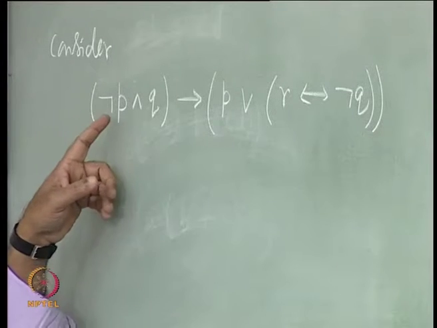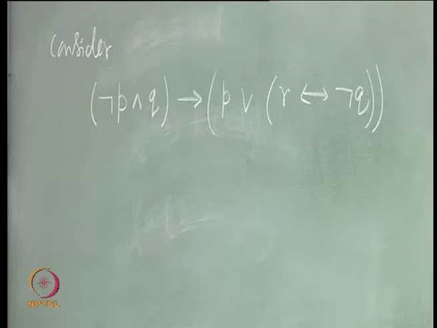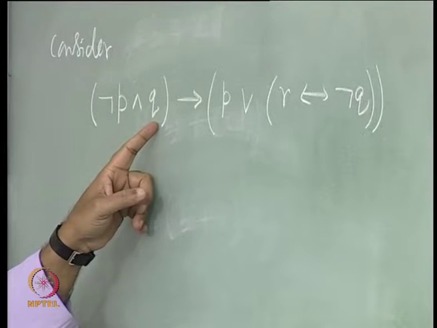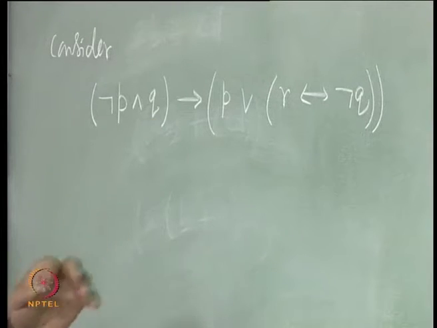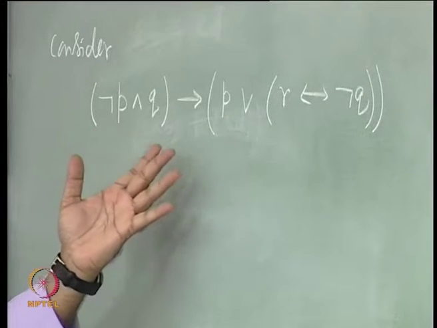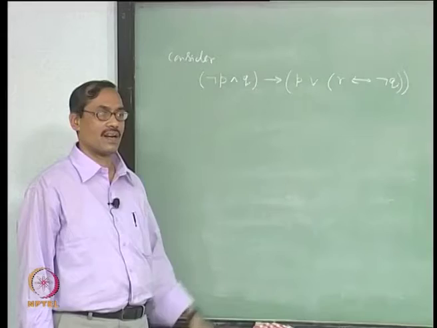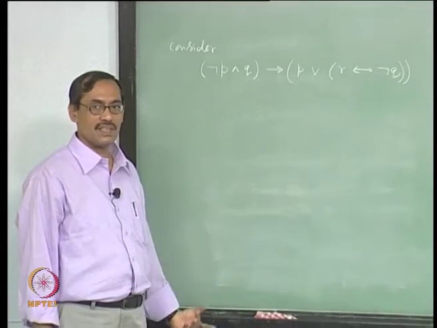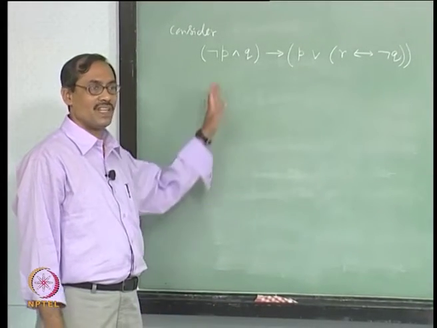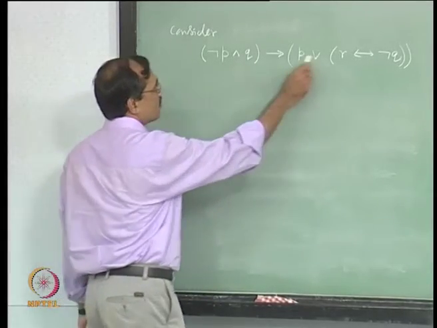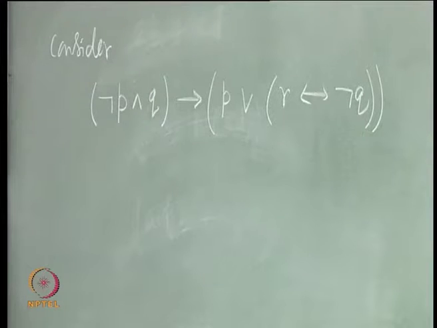Now, first we have to find out which are the propositional variables. Look, neither p nor q is formally a propositional variable. We have only p0, p1, p2 and so on. So, by writing this we are again making a convention, that instead of writing p0, p1, p2 and so on, we will write p, q, r. Because it is always difficult to write with subscripts, we will simply use different symbols. So, now let us say p, q, r are the propositional variables occurring in this proposition.